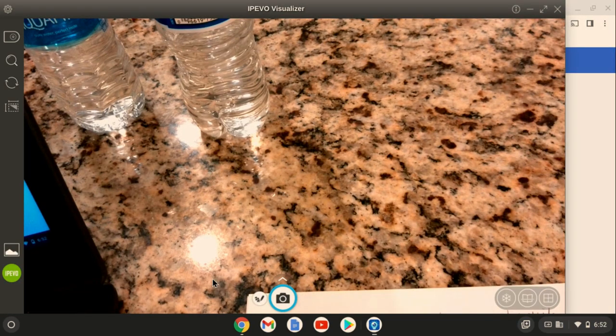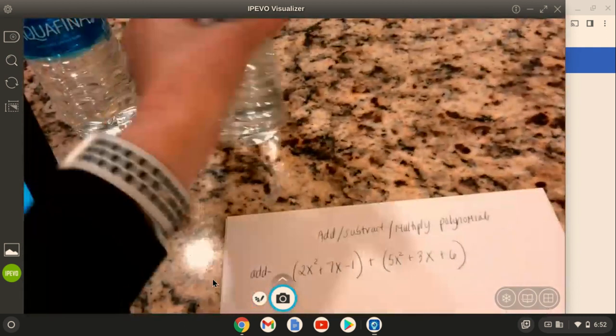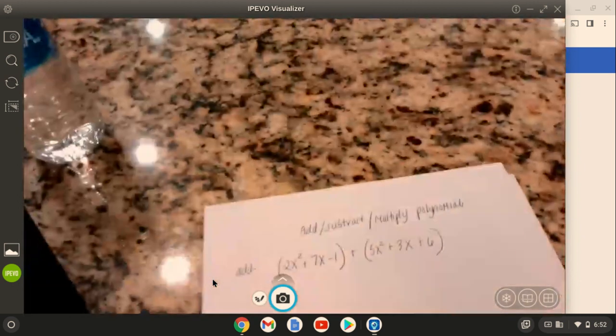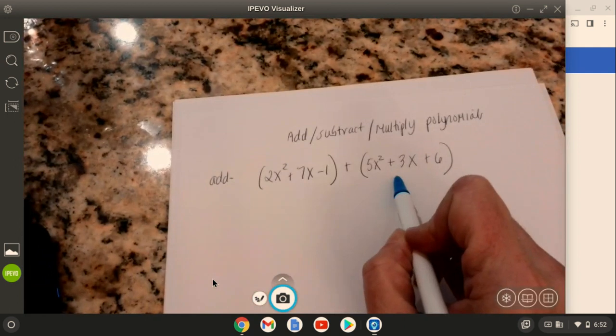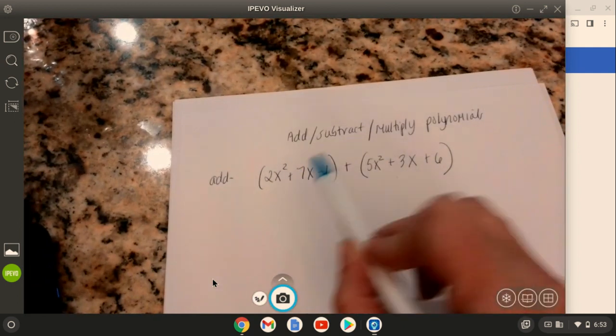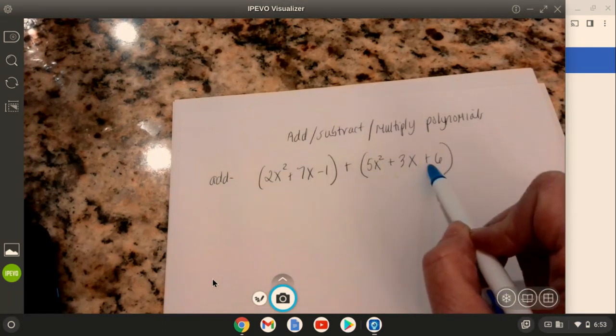Hi there. So I want to review for you adding, subtracting, and multiplying polynomials. When you are adding polynomials, you're combining like terms. So for instance, I can combine x squareds with x squareds, x's with x's, and constant numbers with